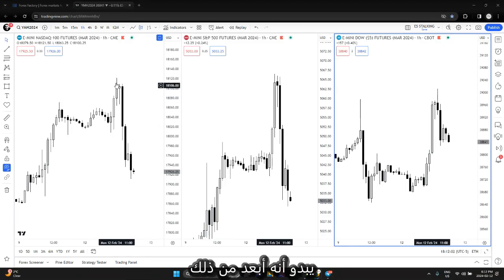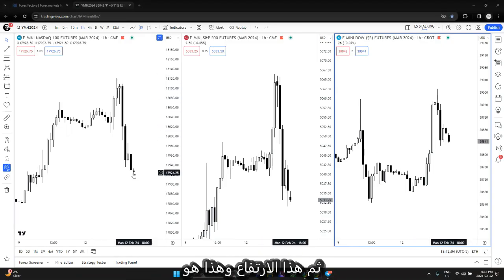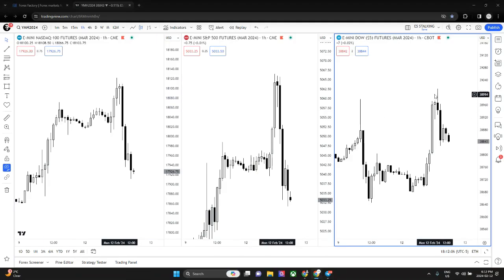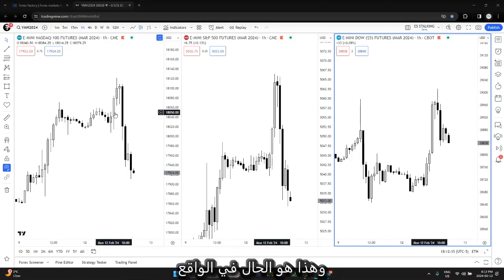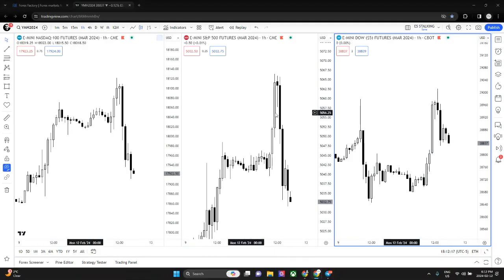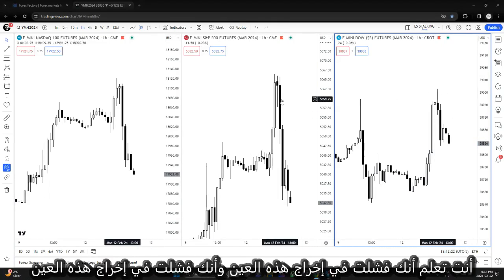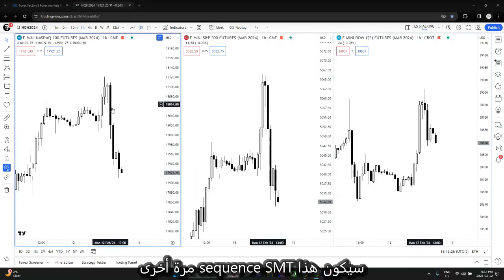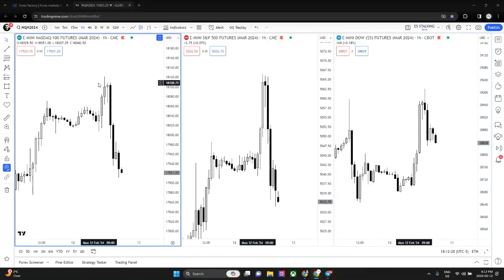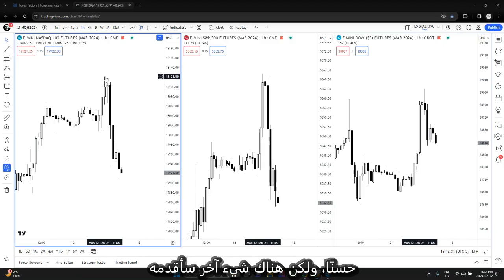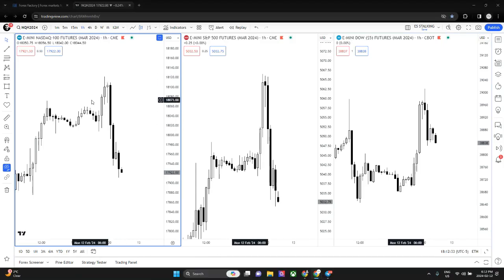And by just looking at price, you can see that this seems to be farther than this high than this is, right? So this seems to be stronger than these two, which is actually the case. So if tomorrow we have price take this out and fail to take this high out and fail to take this high out, that would be sequential SMT again, right? But another one, which I will introduce,